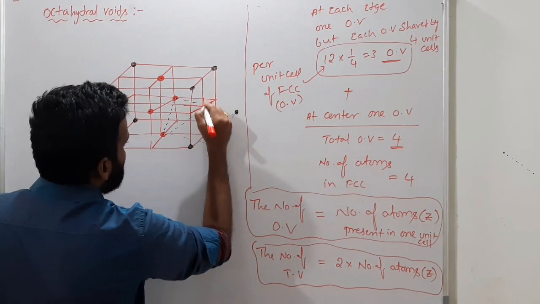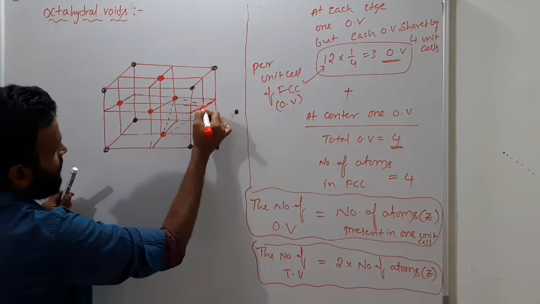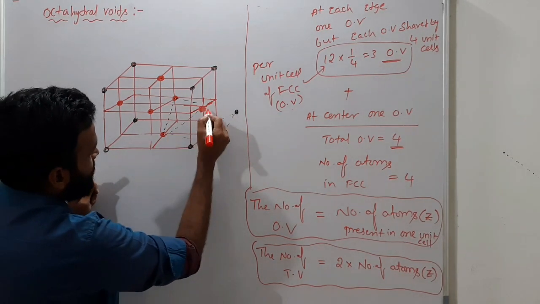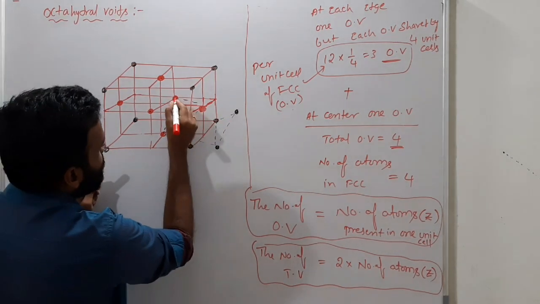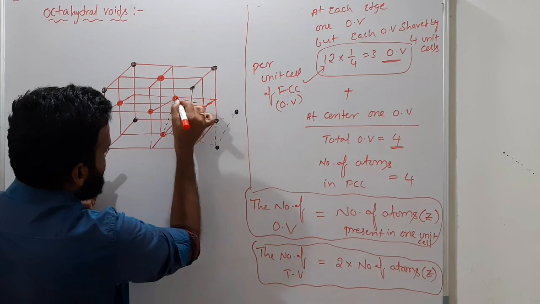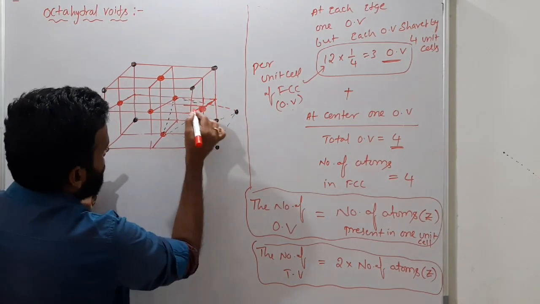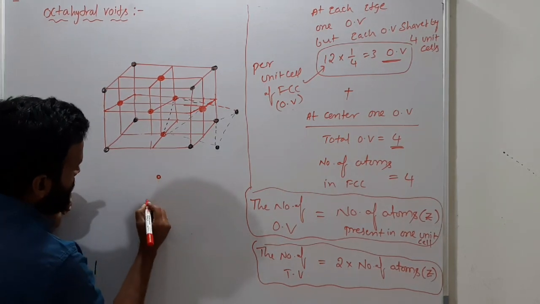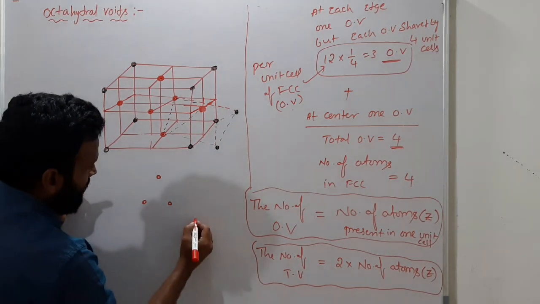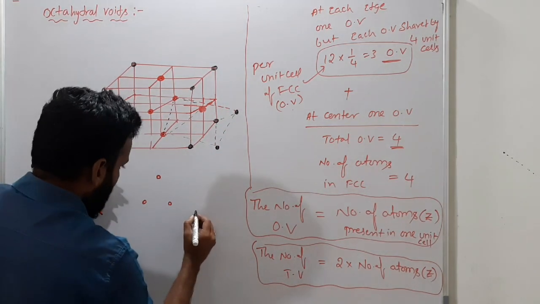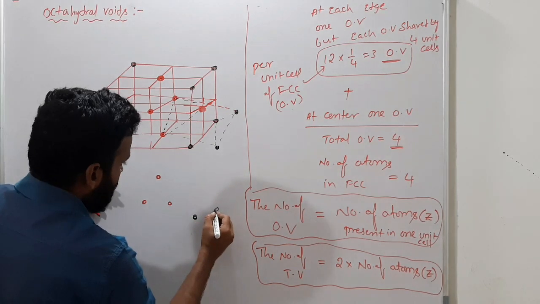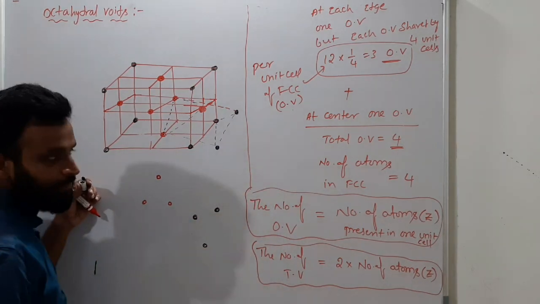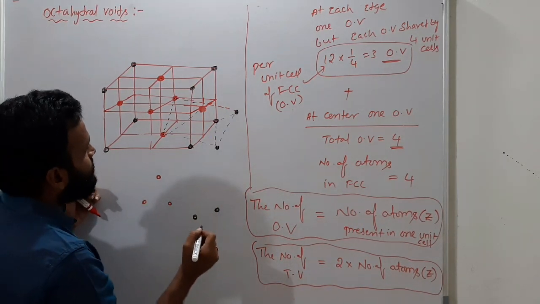So you have to draw like this. Here you have some corner. Between these 3 and between these 3, there will be 1. Now again, these 3 atoms, in red color I will draw here once again: 1, 2, and 3. This black color I will draw here. Here you have one, and here one, and here one. Actually these two belong to the next unit cell. So at every edge, what is happening?